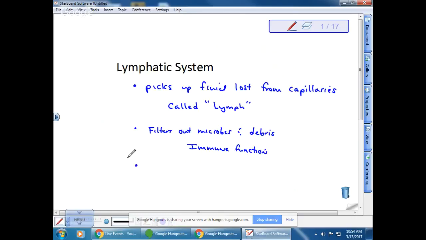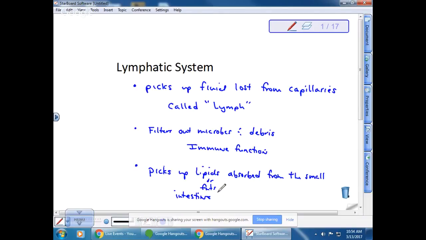The other function of the lymphatic system is that it picks up lipids that are absorbed from the small intestine. So lipids are fats, right? Same thing, absorbed from the small intestine. And this is a really good thing, right? Because